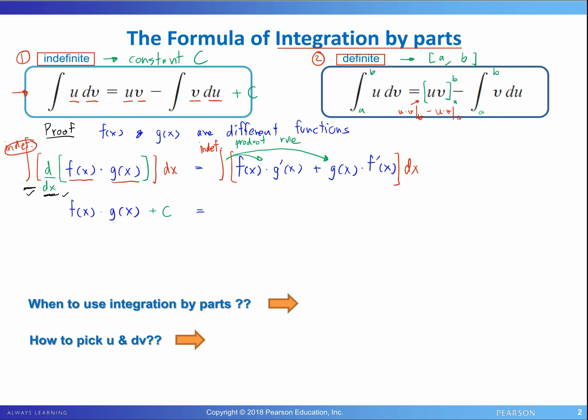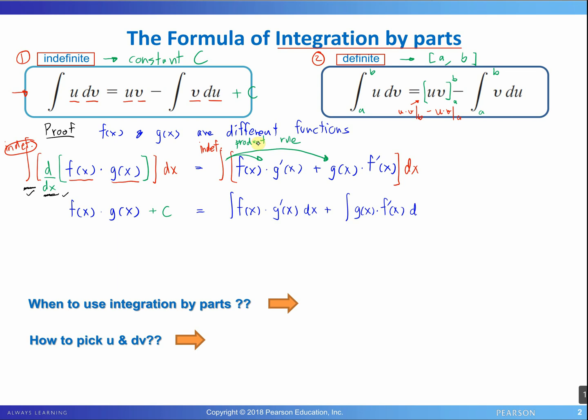And now we integrate them separately. And now we have two integrals. The first one is the integral of f of x times g prime of x, and we integrate this product with respect to x, dx, right here. Plus the second integral, the back term. We integrate g of x times f prime of x, and now we integrate this product with respect to x